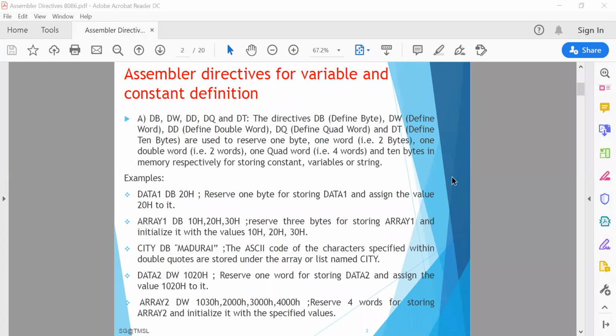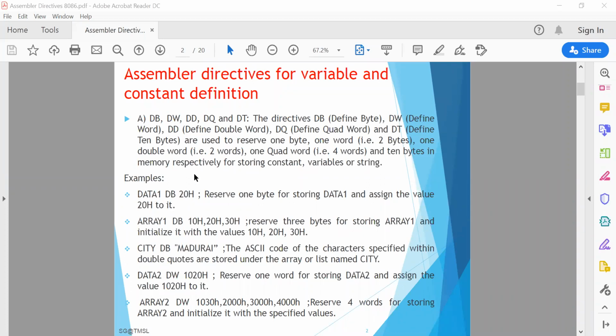DB means define byte, DW means define word, DD means define double word. Define byte means 8 bits of data can be defined, for example data 1 DB 20h. The size of this data is 8 bits. So this reserves 1 byte for storing data 1 and assigns the value 20h to it.